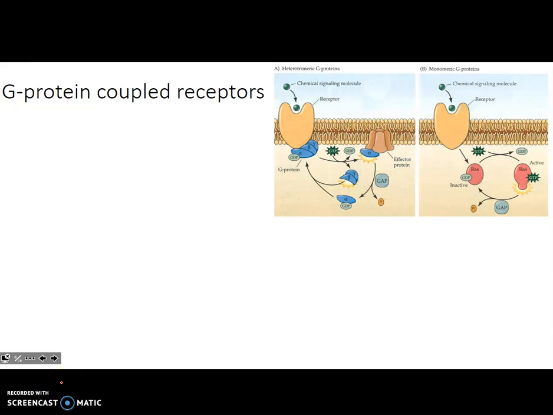Okay, so upon ligand binding, we said that the ligand binds here, and that allows the G protein, this heterotrimeric, hetero, right, means different, trimeric, three, so because of the three subunits, that's why it's a heterotrimeric G protein. That whole thing associates with the receptor, okay? So the next step in the process with respect to activation